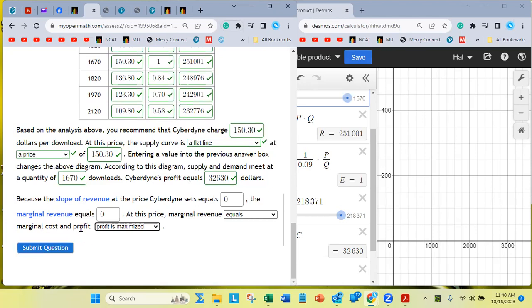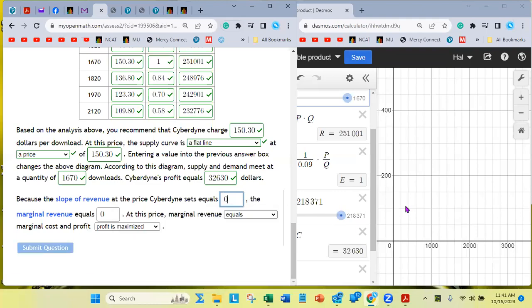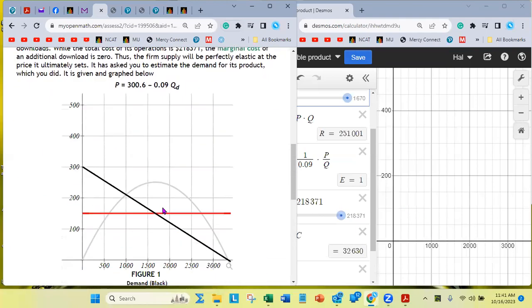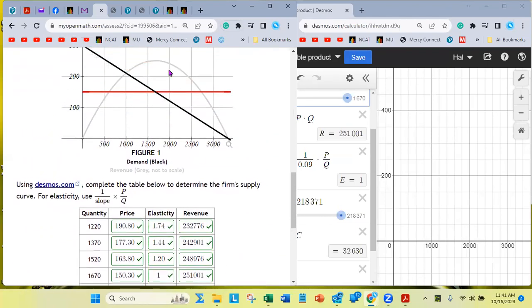maximized. I've got to delete this word profit here. Hang on. Okay, I just went into the code and deleted this word here. I didn't need it because it's right here, right? So I'm going to go ahead and hit submit, and you're going to see that word's disappeared. There we go. So real quick, the marginal cost is 0.